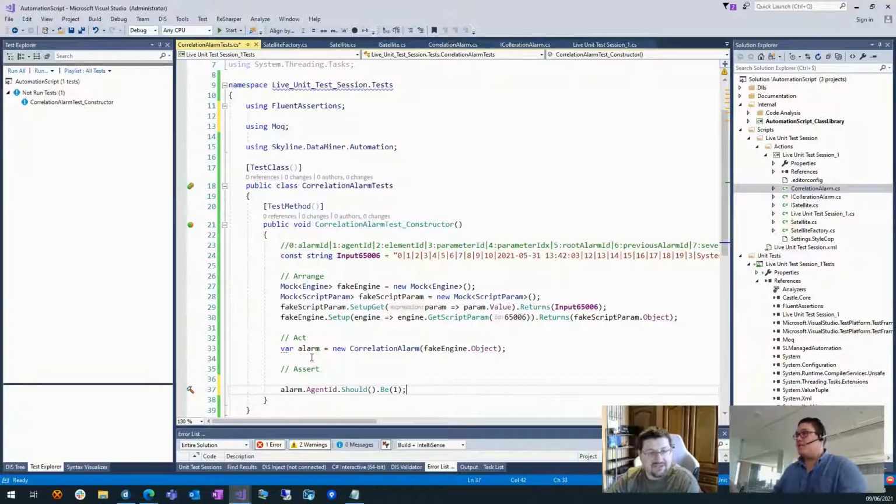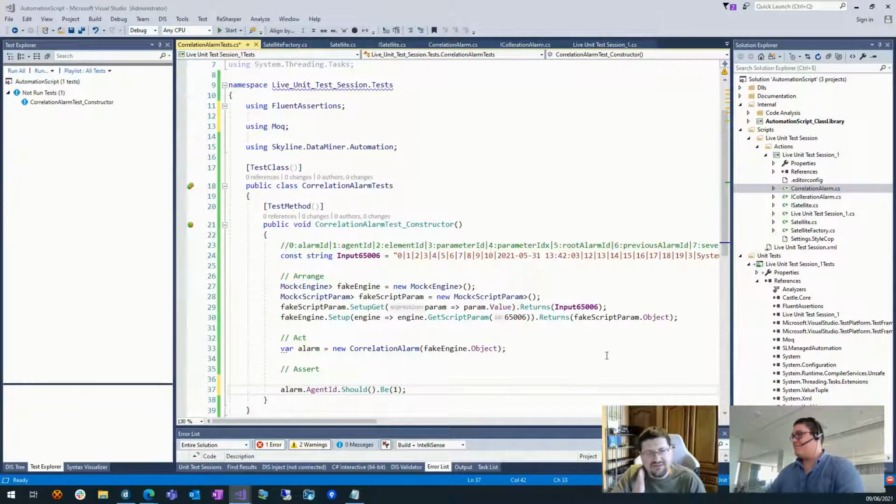Perfect. And now we already check if the agent ID is correct. Exactly, because in TDD, test-driven development, the assertions aren't complete yet. You technically need to assert everything. There are a few other ways you can do that, but really, keep it simple. It's 10 properties, just do 10 should-bes, and you're good to go. But there's more than 10 in our case, but you know what I mean.